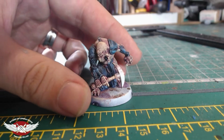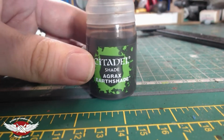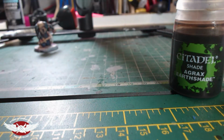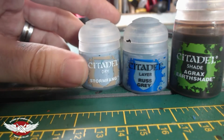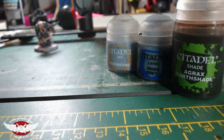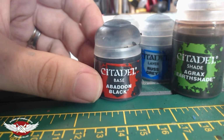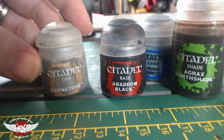To get this far, we will start off by having a bit of a shade with Aberrant's Earth Shade, exactly where we left off the last video. We'll then be using a Rust Grey and Stormfang to highlight the clothing that he's got on. We'll then be picking out some of these details with Abaddon Black, and we will be highlighting the black in two ways. First off, we will use Dawnstone